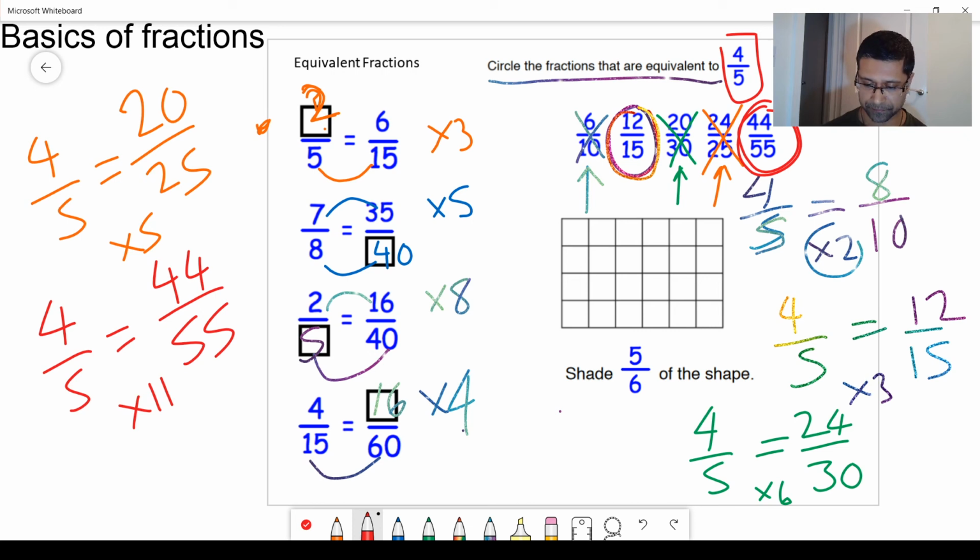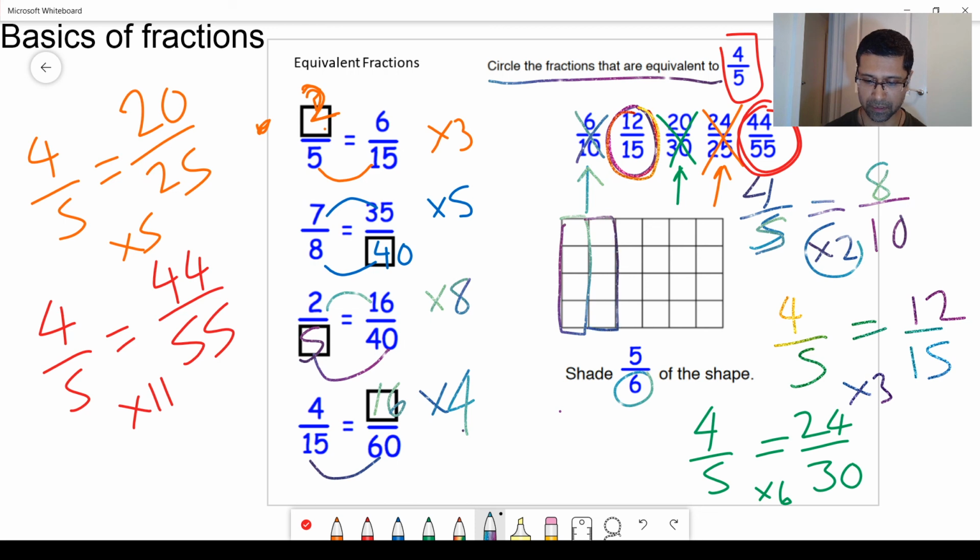Next, shade 5/6 of the shape. What you shouldn't do is just shade in any 5 random squares. I mean, that is not 5/6. So what you do is look at the denominator, which is 6. That means this shape needs to be split up into 6 equal parts. So try that. It's 1,